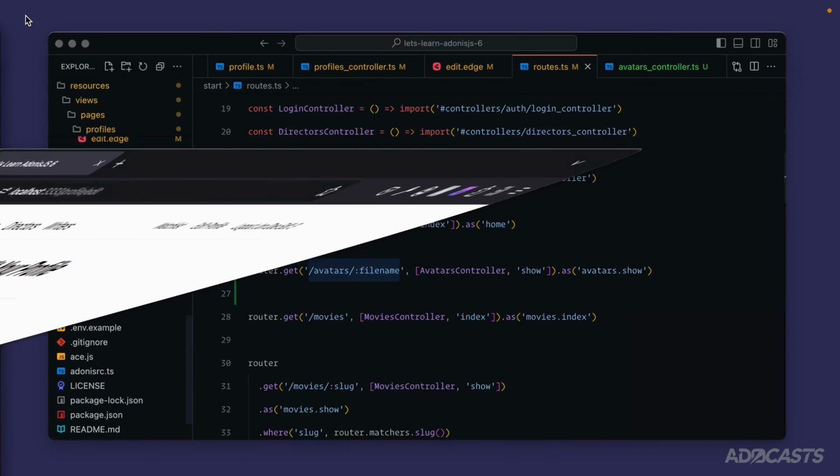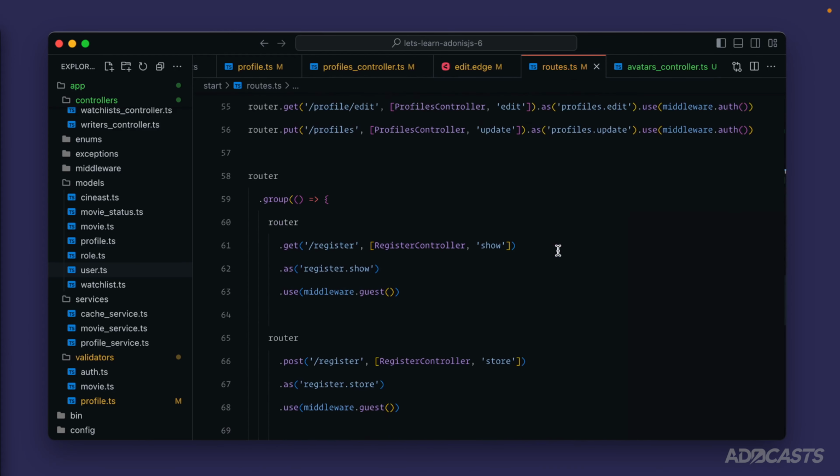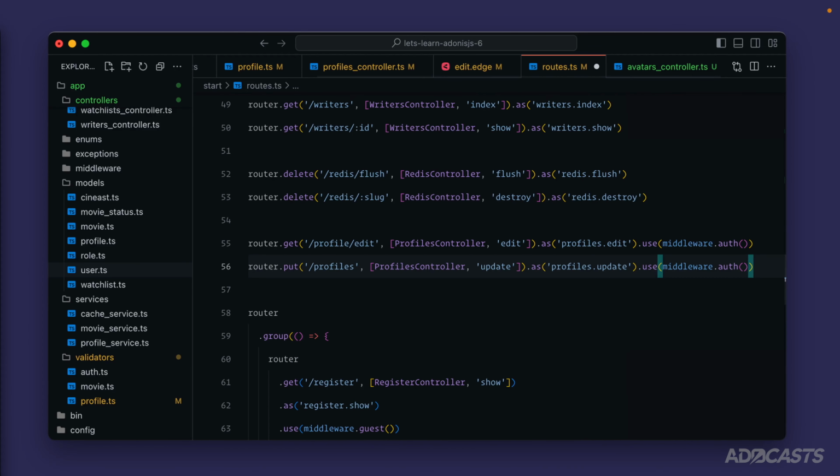Now that our users are able to edit their profile, let's go ahead and add in an actual profile show page into our application. So let's hide our browser away, and let's scroll on down to where we have our profile routes defined right here. All right, let's do